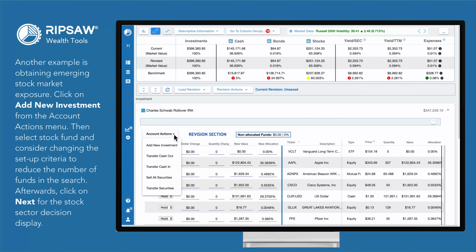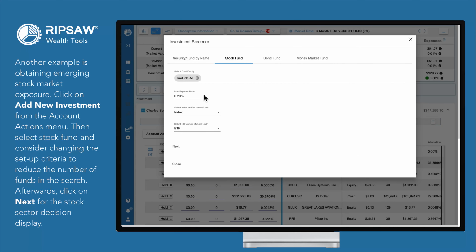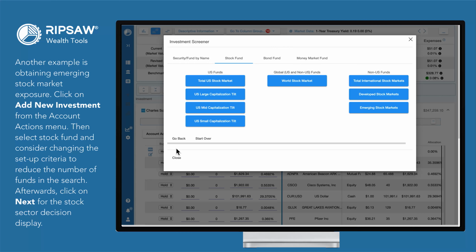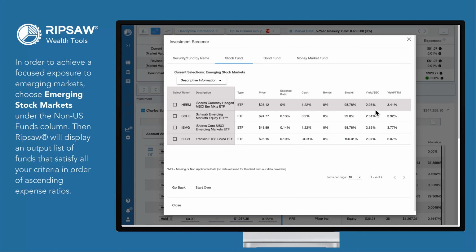Click on Add New Investment from the Account Actions menu and consider changing the setup criteria to reduce the number of funds in the search. Afterwards, click on Next for the Stock Sector Decision display. In order to achieve a focused exposure to emerging markets, choose Emerging Stock Markets under the Non-U.S. Funds column. Then, Ripsaw will display an output list of funds that satisfy all your criteria in order of ascending